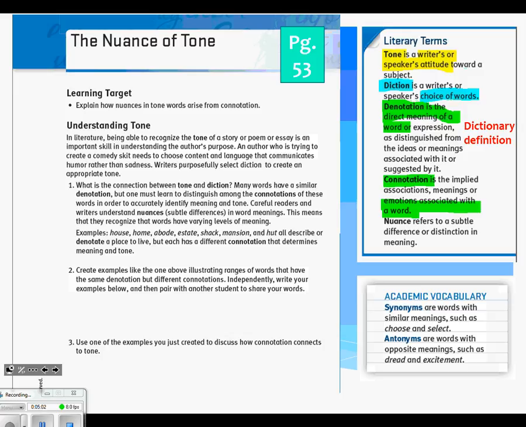Okay, the fourth word, connotation. This is the one that gets confused with denotation. Connotation is the emotion associated with a word. So let's give an example here to help you clarify some ideas. Let's say that you are writing a story about a character, and in your mind, this character is mad. Now, if I say that they are walking down the street, does that convey that they're mad at all?